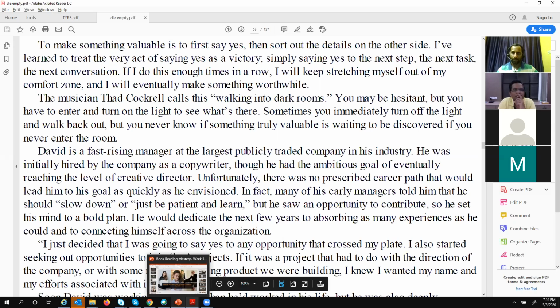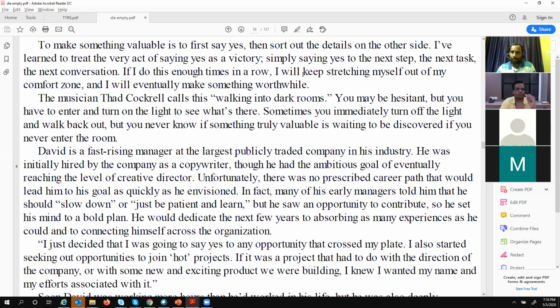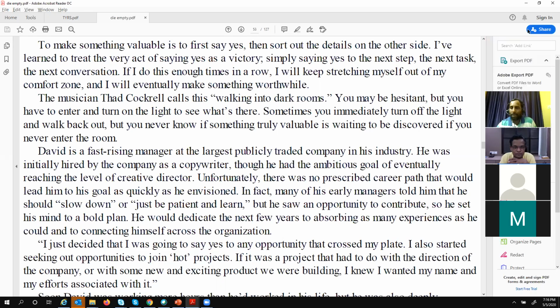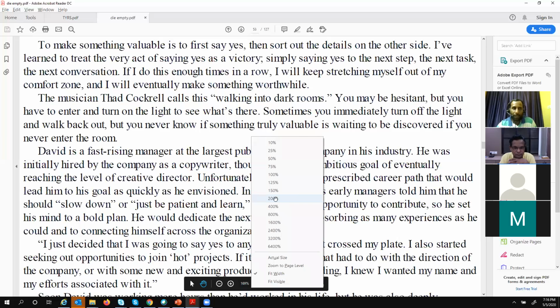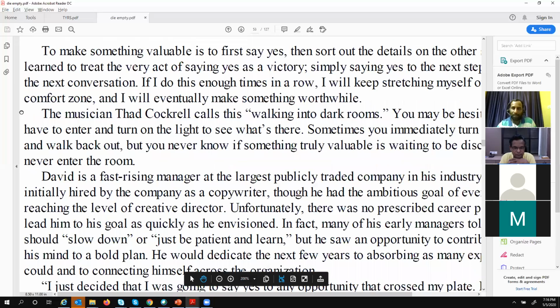Anil, is there any standard setup for the PDF that you open? Is there any way to match it to the book's size? Ideally, what is recommended is that it should match the normal physical book size. For example, if I increase this further, you may not be able to see the full page, right? You need to scroll.